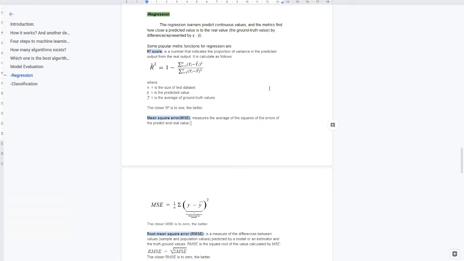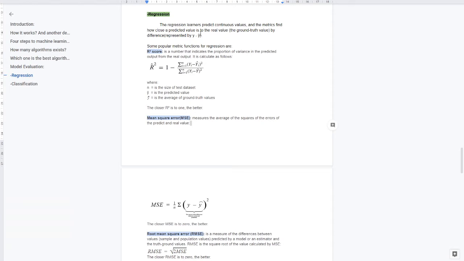Well, let's begin. Regression. The regression learners predict continuous values, and the metrics find how close a predicted value is to the real value, the ground truth value, by difference, represented by y minus y predicted. Some popular metric functions for regressions are